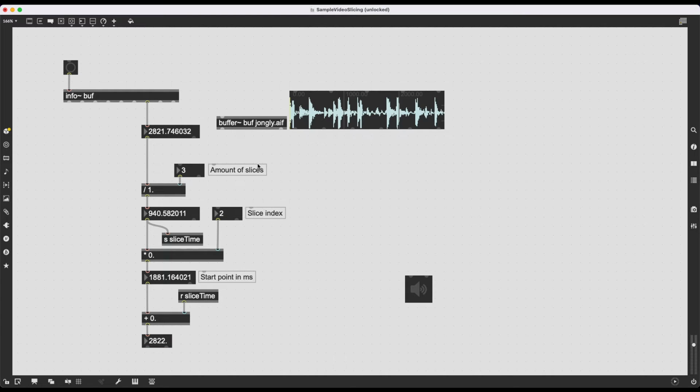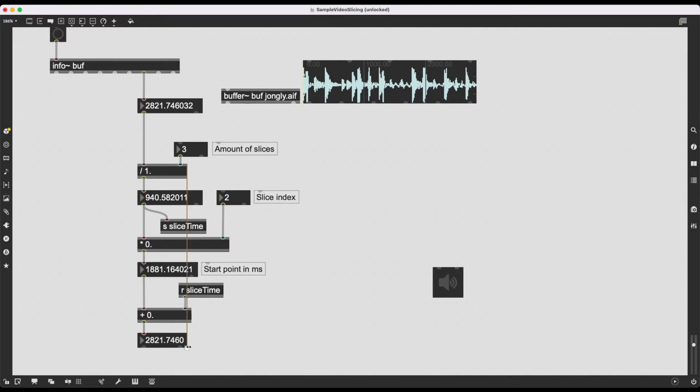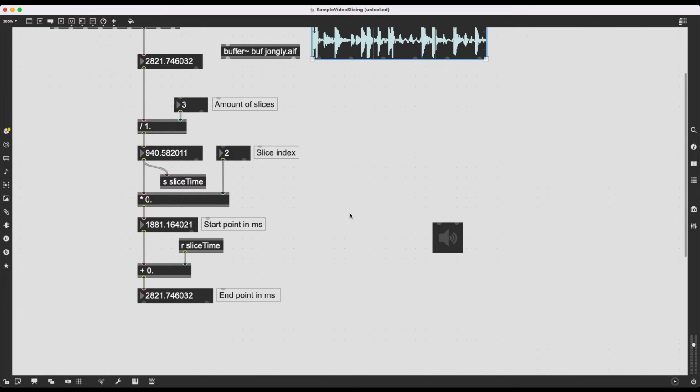So now I have 3 slices in my buffer, and if I read the slice index number 2, aka the third slice, well, my start point is this 1881 point something, and my end point is this. I can actually send these values to my waveform object to visualize them in this graphical representation of the